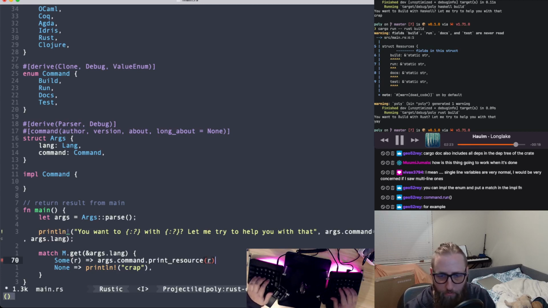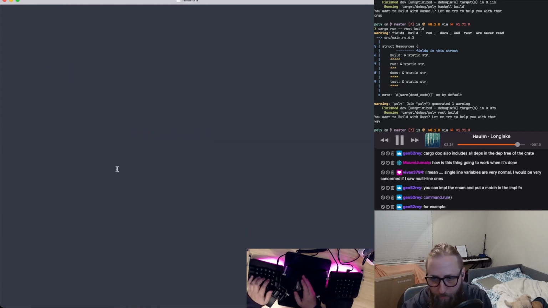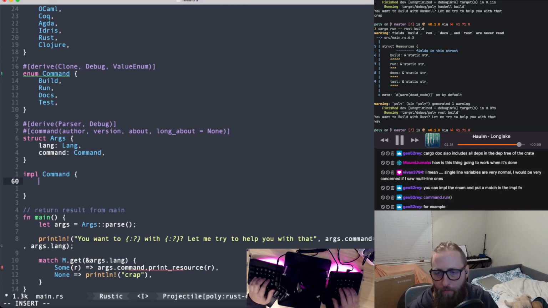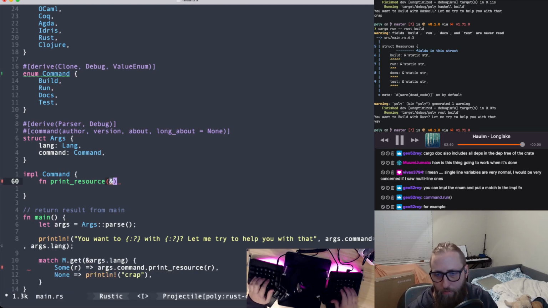args.command.print resource r. Okay, let's just do it this way. Whether or not it's nice, we'll find out. We don't care if it's public right now because we're not putting this anywhere. Function print resource, it doesn't need the actual thing. It definitely doesn't need that. And then R is a,